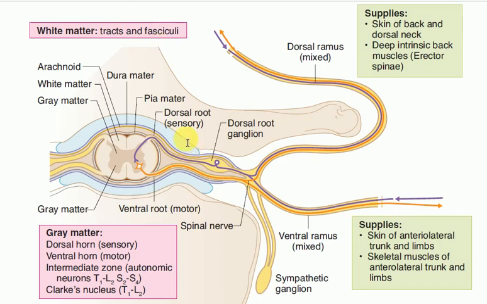So now let's look at the structure of the gray matter in some detail. The gray matter is divided into the dorsal, the ventral, and the intermediate horns. The dorsal horn is the sensory horn. As you can see over here, it's the sensory horn, and all the dorsal root ganglia and the neurons present in the dorsal root ganglia, their central processes, they enter the dorsal root, and then they enter the dorsal horn,